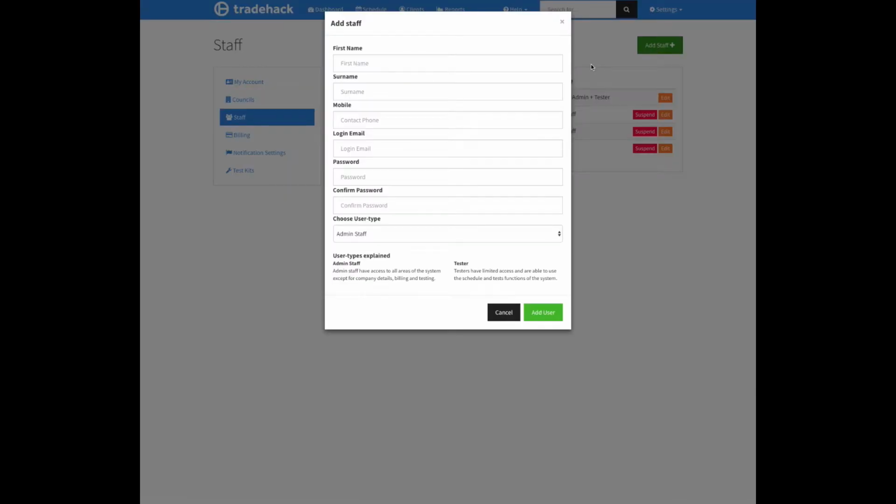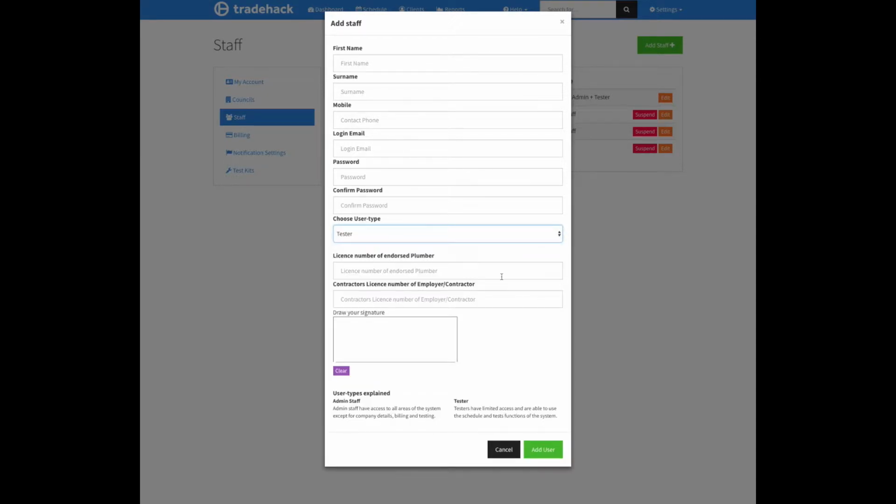If we want to add a new member in, you simply enter in the details of the new staff member. We'll give them a login email address. We'll give them an initial password so they may gain entry into the system. After this, they can simply change the password to something more meaningful to themselves. We can also assign them admin status, or if they are a tester, you'll see now that there is